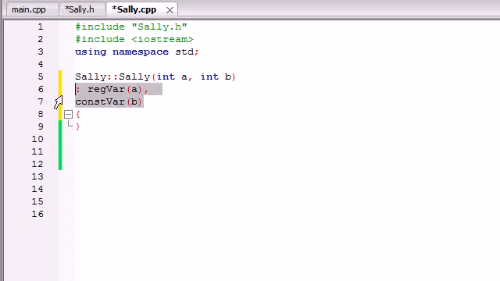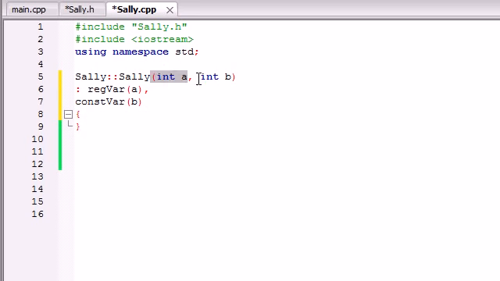It knows when you're done because the body is going to begin. So basically, start with a colon and make a list using this syntax, variable value. If you have another one, separate with a comma, variable value. So I know it's a really weird syntax, but what this is going to do is we're going to be